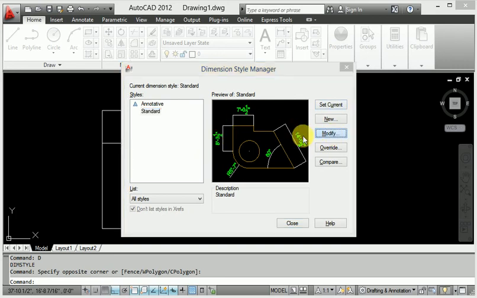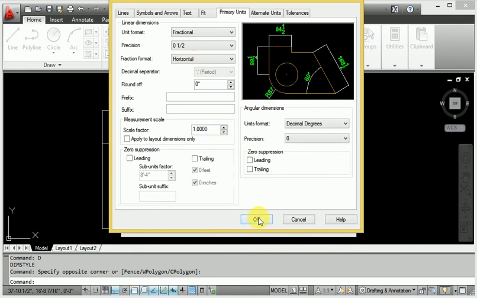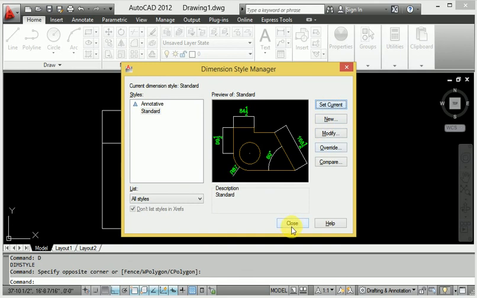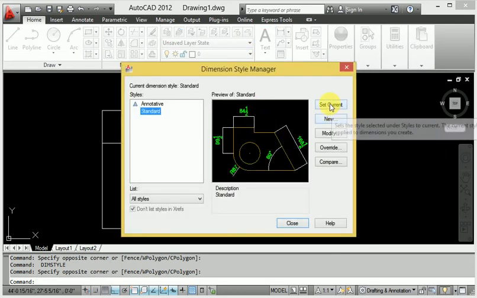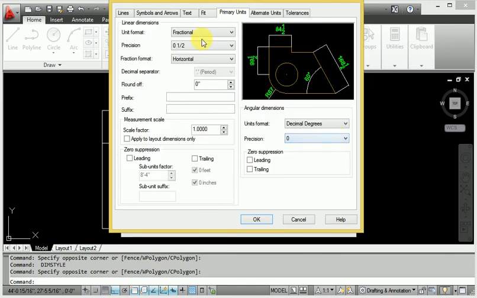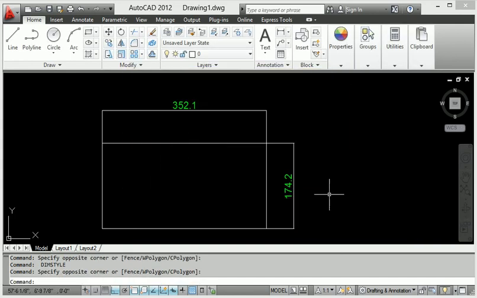And again I will show you different types of architectural and fraction. When you go to fraction setting and set current and OK, these are the different types of working in the settings. And if you change to the decimal form and OK, then set current and close. So this is very useful for the unit system if you want to set the unit before working in AutoCAD.